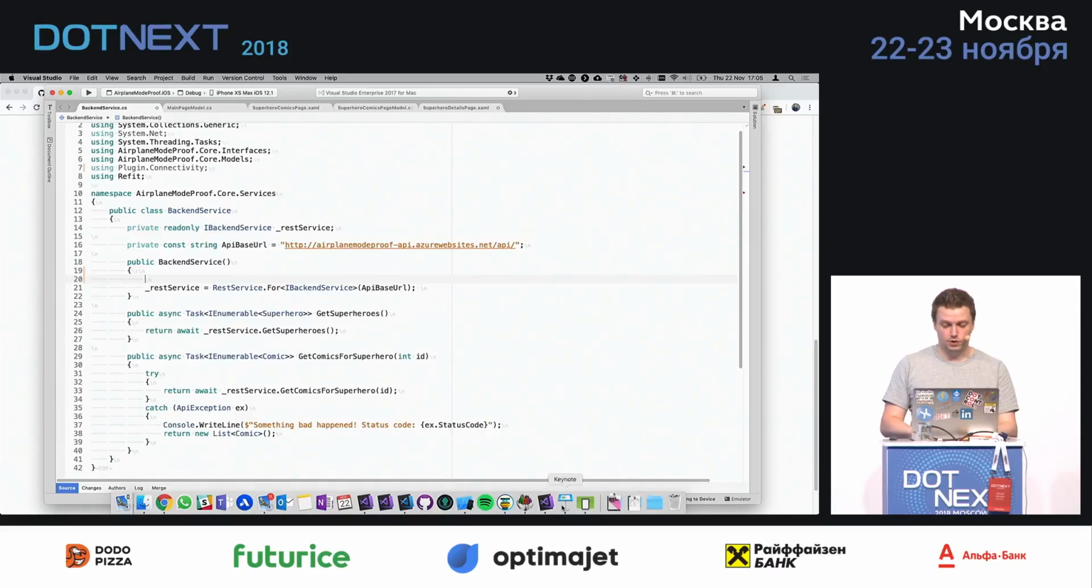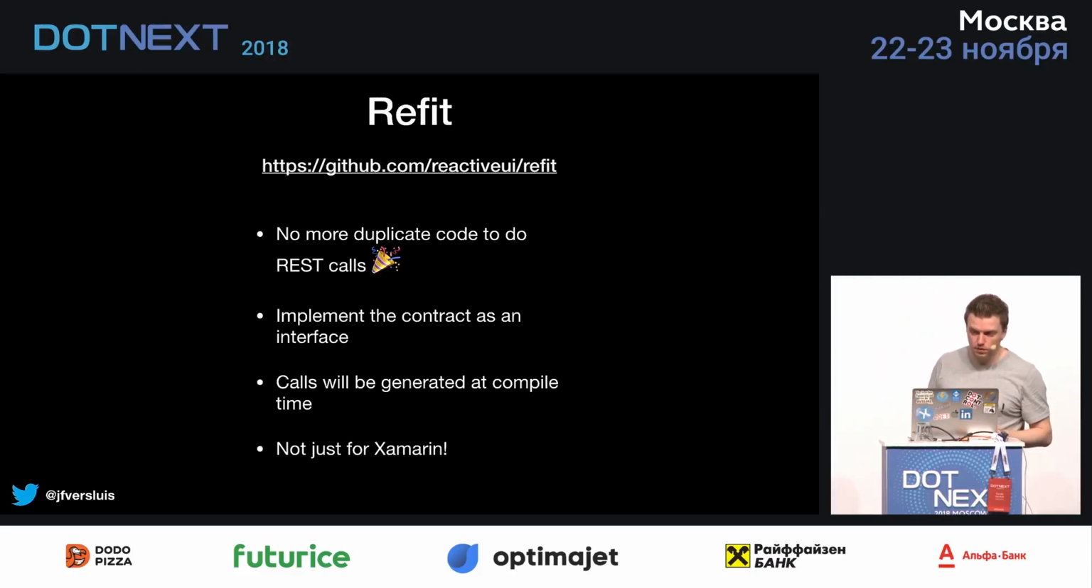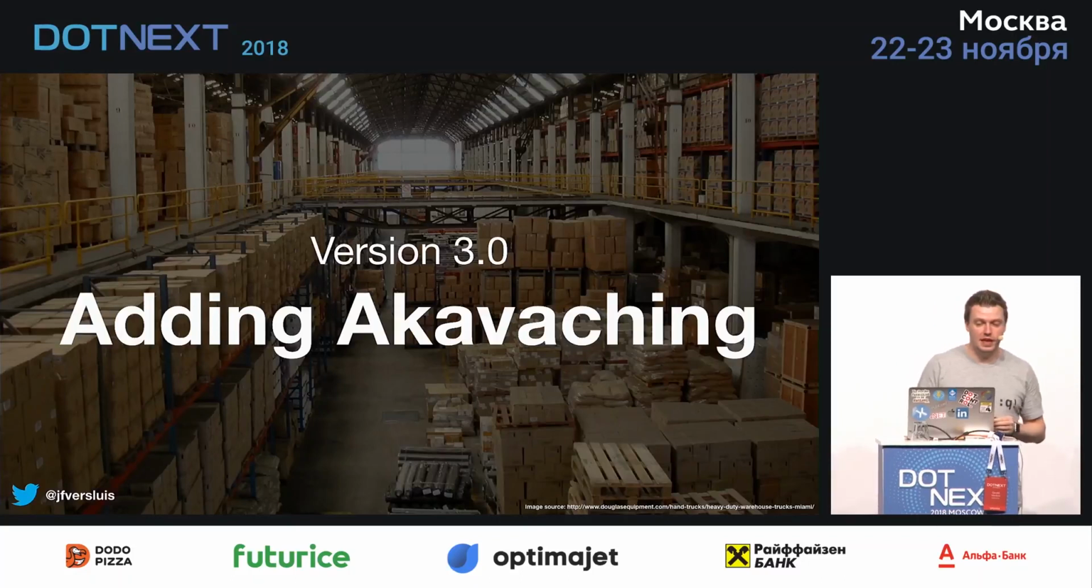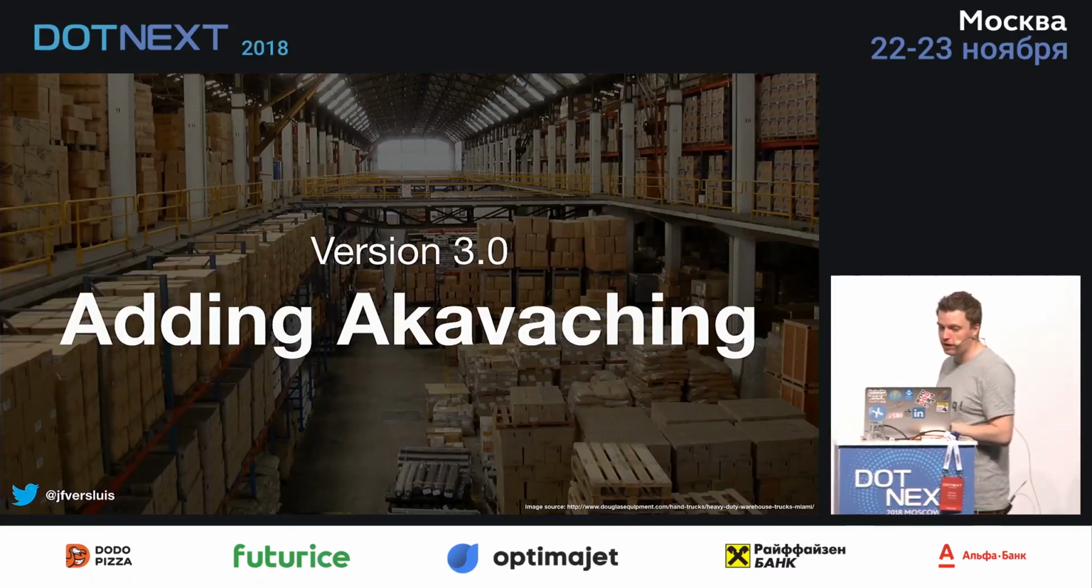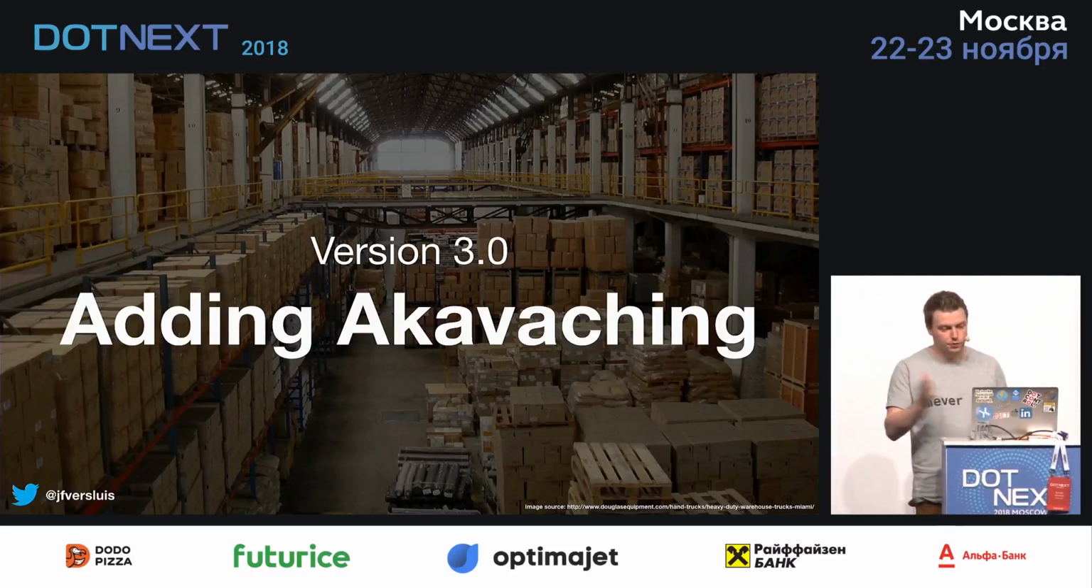All right, so what do we have more? Connectivity plugin refit. Whoa, wrong Hulk. Okay, Akavache. So this is also a cool library. There's also an alternative for Xamarin at least, which is called Monkey Cache, because this has everything to do with